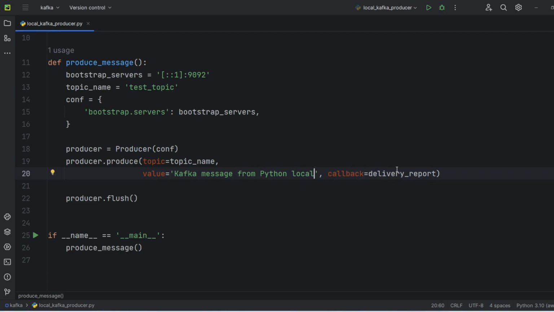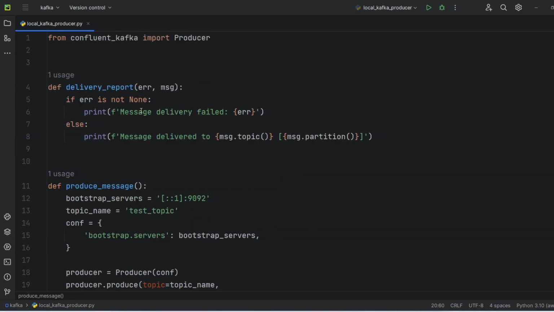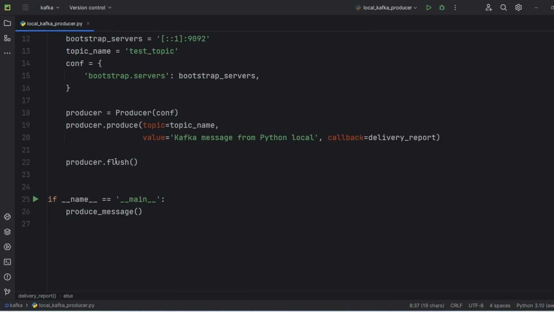Save this, and in callback we can check whether we are able to post this message or not. So here in this delivery report, if we are not able to publish this message, at that time we'll get an error. Otherwise we can see which particular topic it has posted to, as well as the partition information we can see here. So let's run this code,